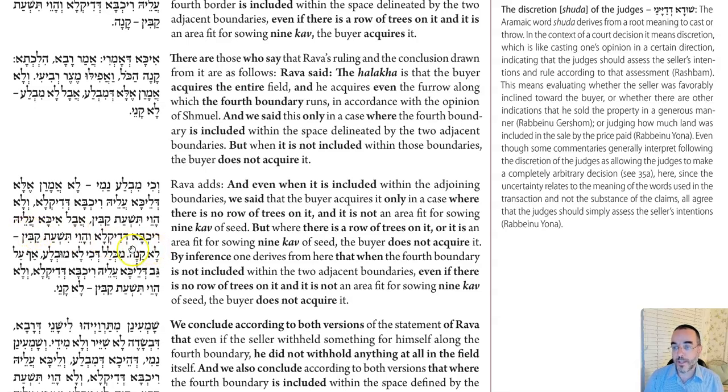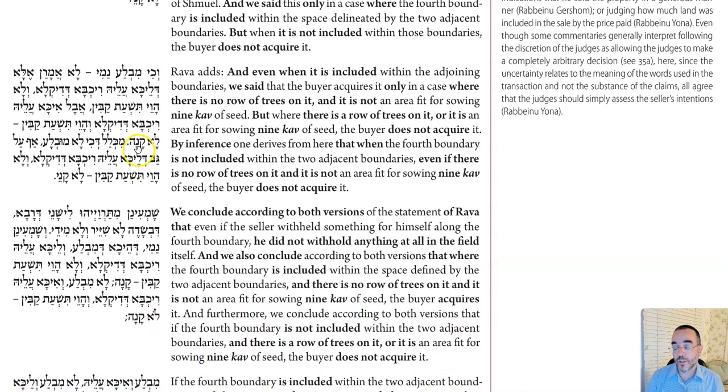However, even if it was subsumed, but there is a row of trees on it, or it's big enough that you could plant 9 kav, then that was not included in the sale, because that's a significant thing that the seller would want to keep for himself. So we can derive from here that even if it's sticking out,